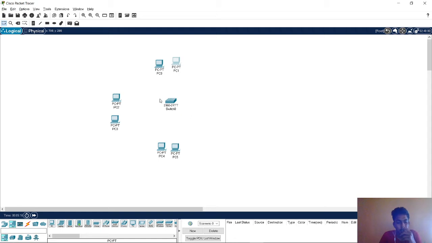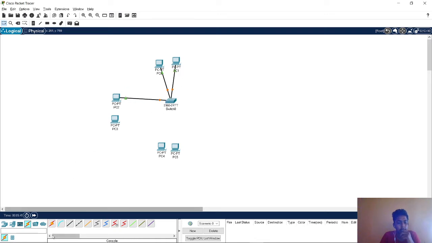First of all, we need to connect this switch with the PCs using a copper straight through cable. So this PC0 FastEthernet to the switch. We can use the automatic connection. Next PC1, next PC2.